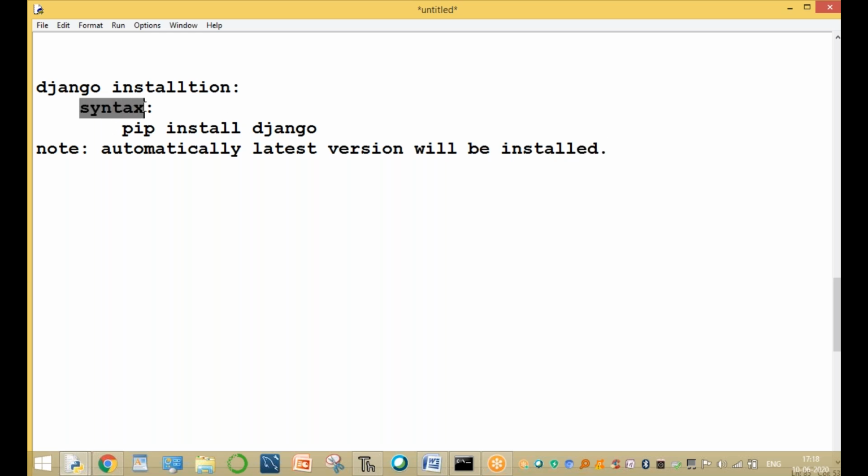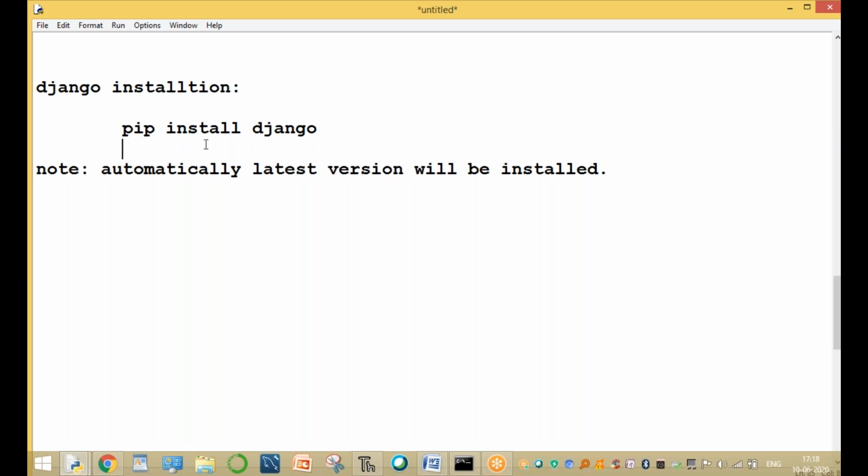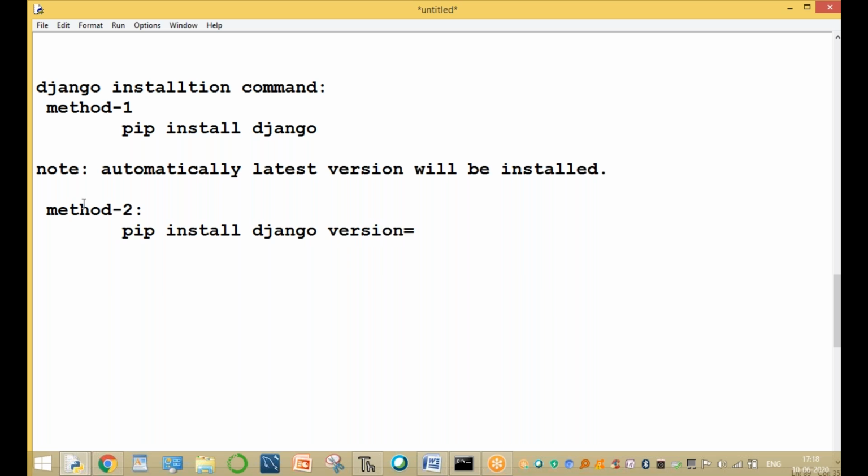Clear, guys? What is the syntax? It is a simple command, the Django installation command. The command is pip install Django, which is method one, installing automatically. Method two: pip install Django with a version, if you want a particular version. You can install the specified version.